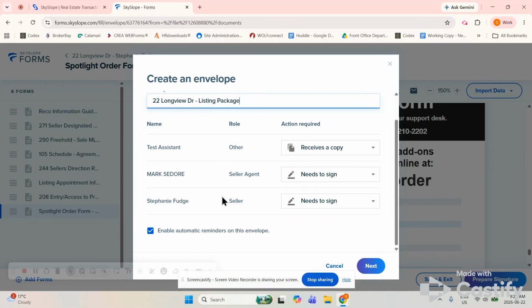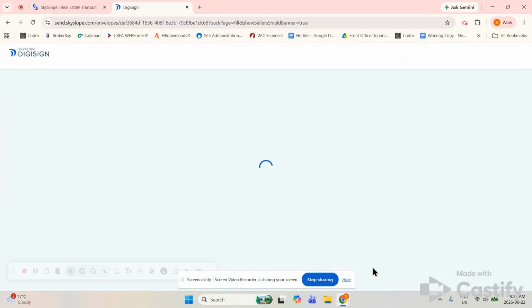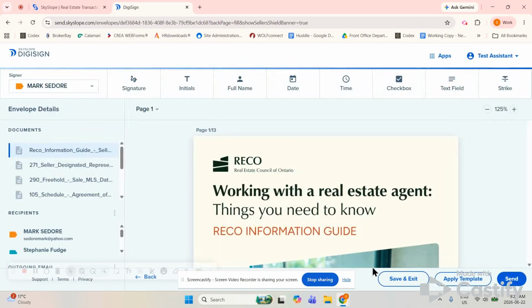It automatically puts us as the assistant in here. So normally it's at needs to sign as a default. So we'll just make sure we change it to receives a copy. And then the seller agent and the seller need to sign. So that's great. Click on next. It just takes a second sometimes. Excellent. Okay, so